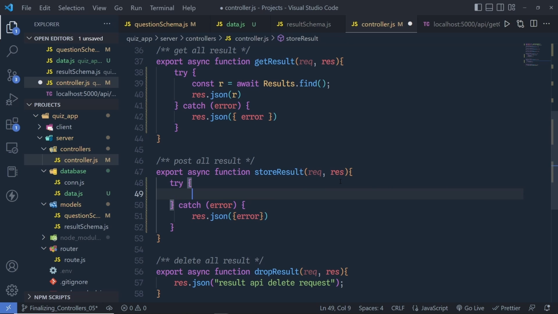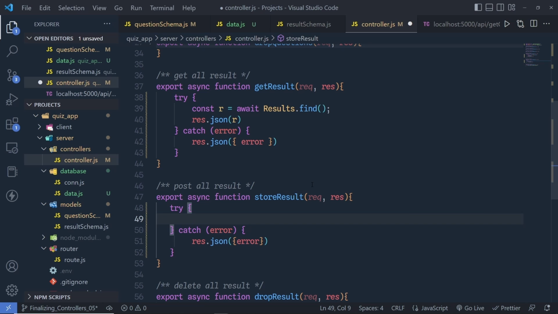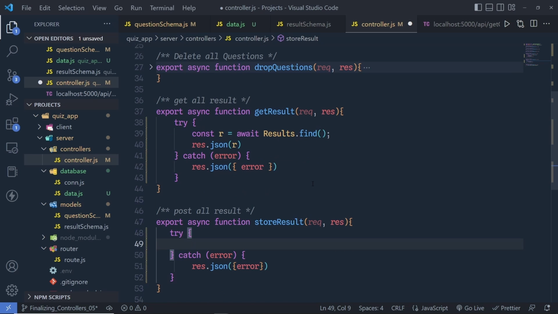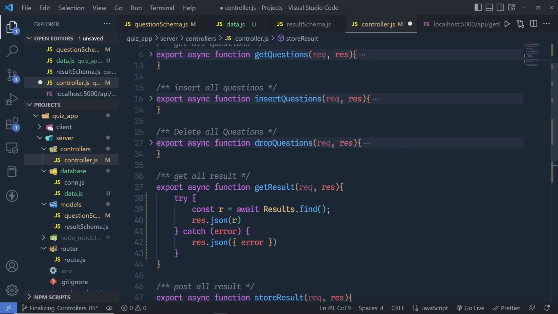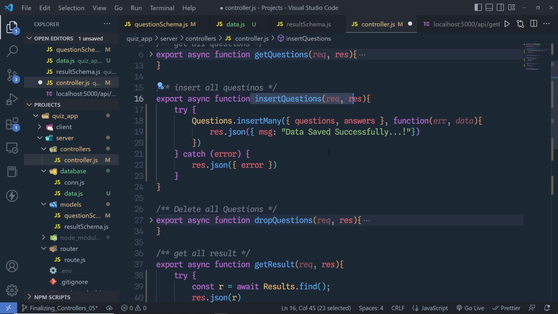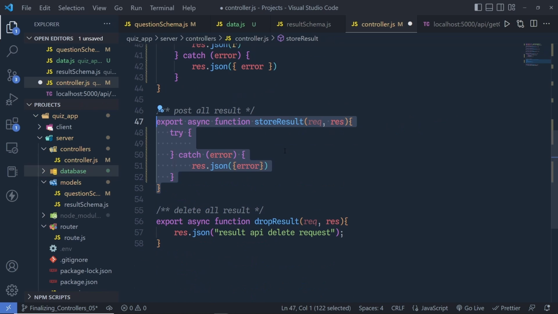And inside this try, instead of passing data from the .js file, I'm going to get the data from the user. As you notice here, at the top, inside these insert questions, I'm getting this data from the data.js file. But now I want to get the data from the user and store that in the MongoDB database. So for that, I'm using here request.body object. So I'm going to say request.body. And when the user passes data with the post request, I'm going to get that data inside this body object